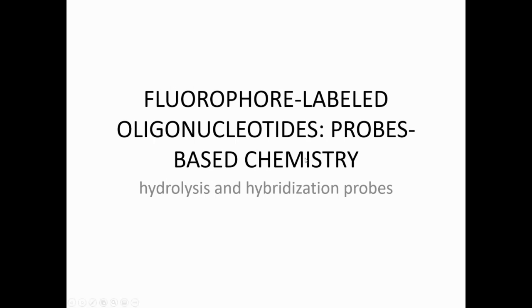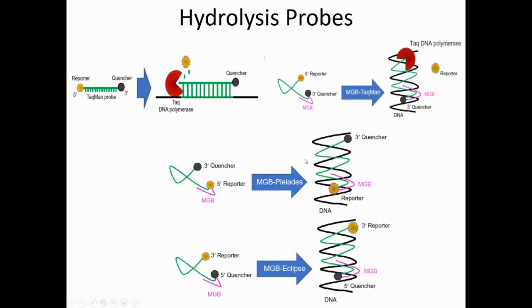There are two types of probe, the hydrolysis and the hybridization probe. The TaqMan probe is a hydrolysis probe, and the molecular beacon is a hybridization probe. The hydrolysis probe relies on the 5' to 3' exonuclease activity of the Taq DNA polymerase. They can degrade these bound probes because the TaqMan probe has a reporter dye and